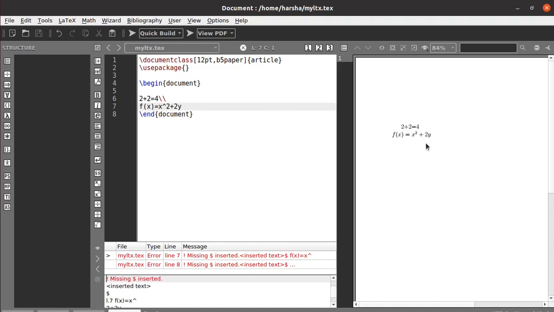So that's it for this tutorial. In the next tutorial we will see the organization of a document, and then paragraph, sub paragraph,